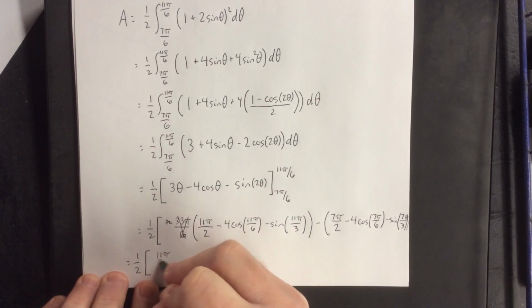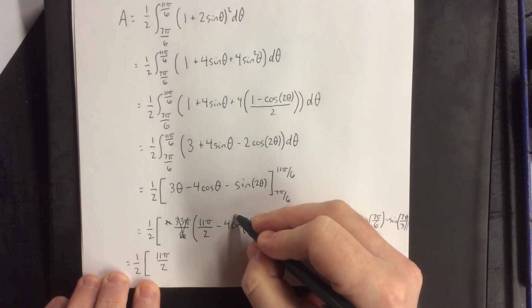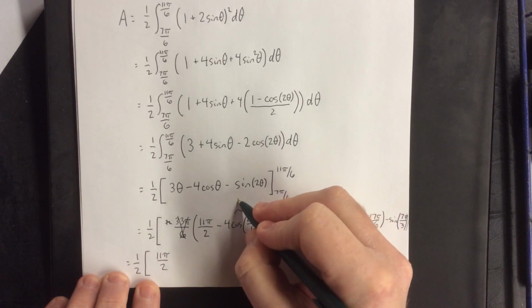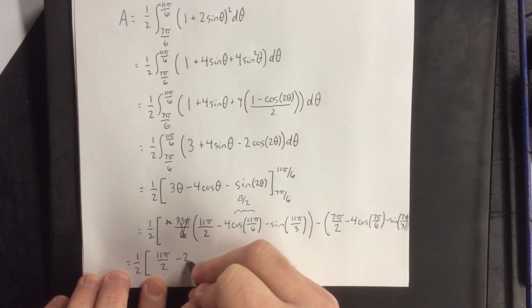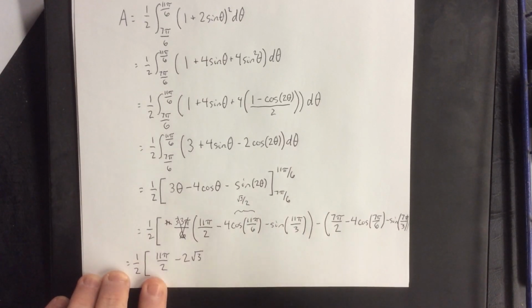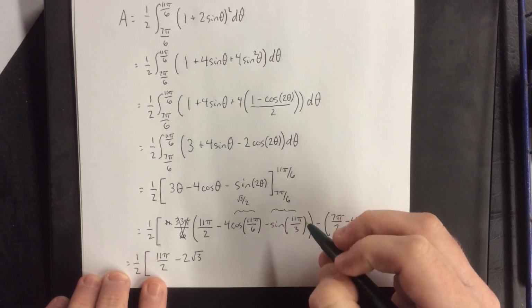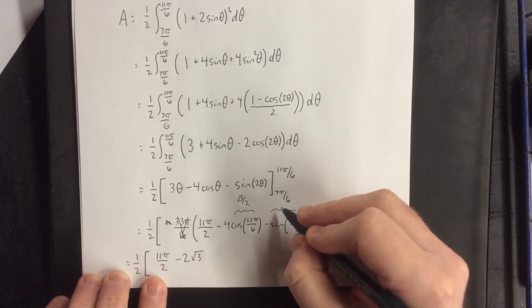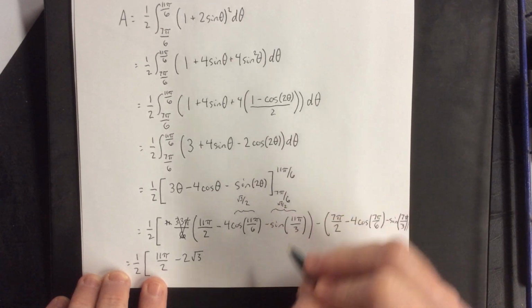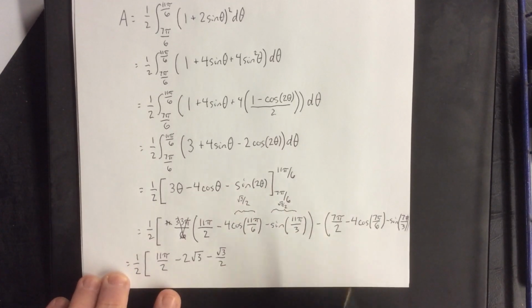So this will be 11 pi over 2. The cosine of 11 pi over 6, this will be equal to root 3 over 2. Multiply it by -4, we'll have minus 2 square roots of 3. The sine of 11 pi over 3, if we were to get a coterminal angle, that would be 5 pi over 3. The sine of that would be root 3 over 2. So it'll be minus an additional root 3 over 2. Then we'll distribute the minus sign, and this will be